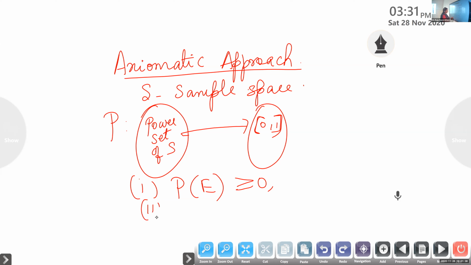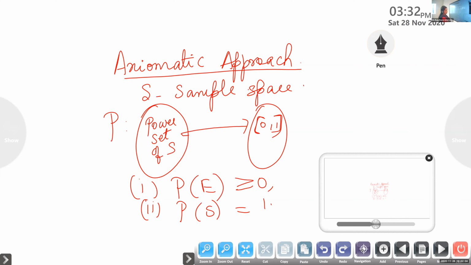Okay, this is the condition a probability function will satisfy. If you take any event, its probability is greater than or equal to 0. Then the probability of the sample space will be 1. The probability of the sample space is 1. And the third property to be satisfied is...